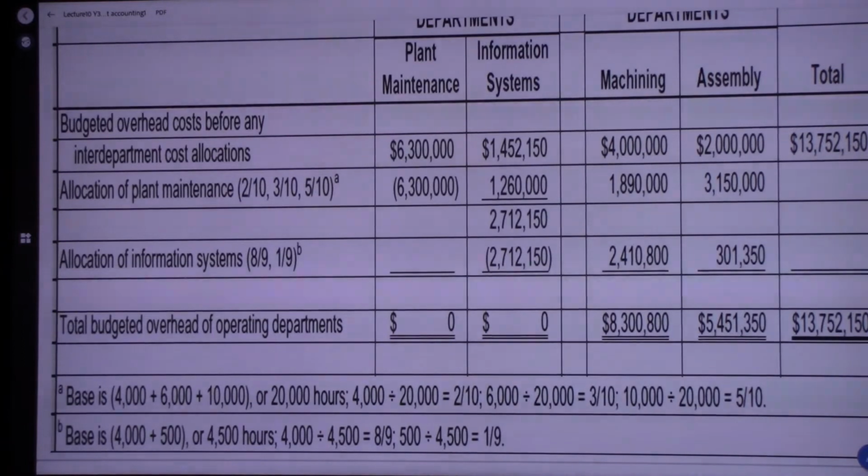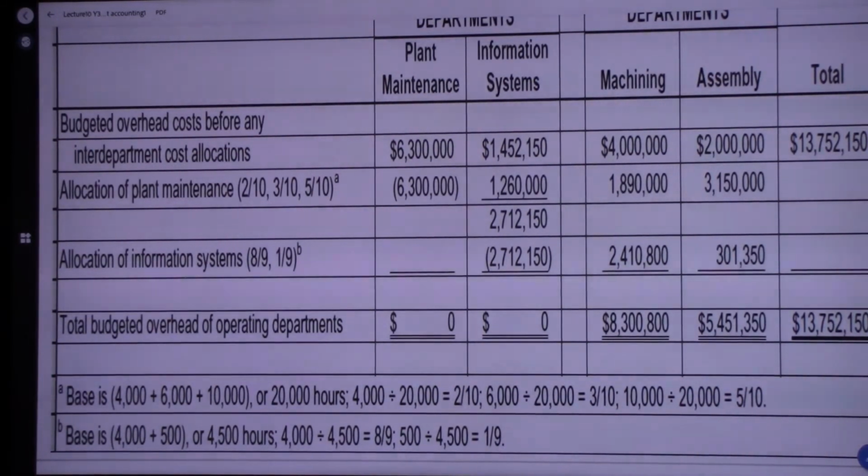Then she received 3,150,000 from plant maintenance, which adds value indirectly to the product, and from information system 301,000 US dollars, which adds costs indirectly to the product. The total allocated cost for the machining department and the total allocated cost for the assembling department is